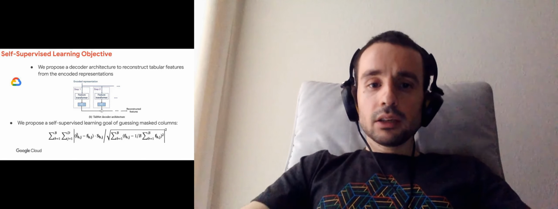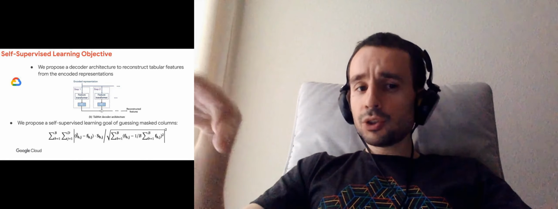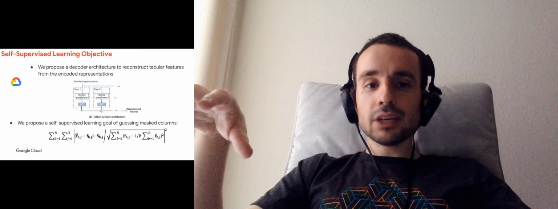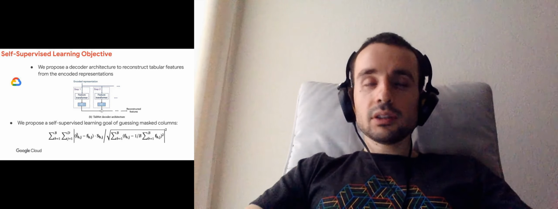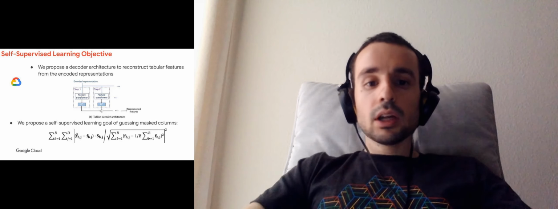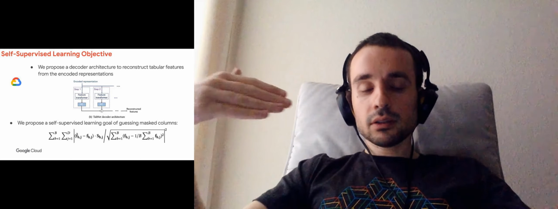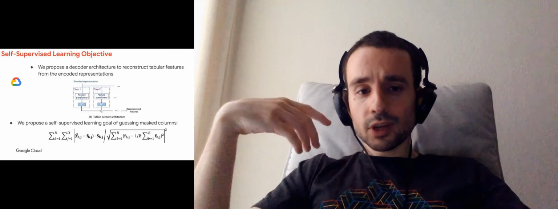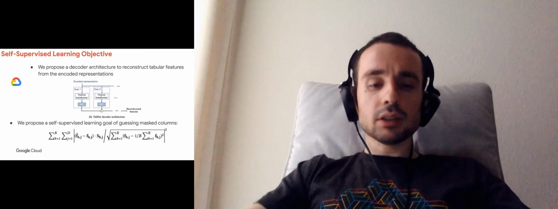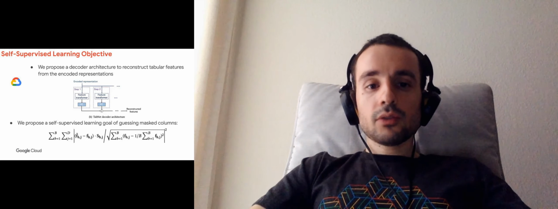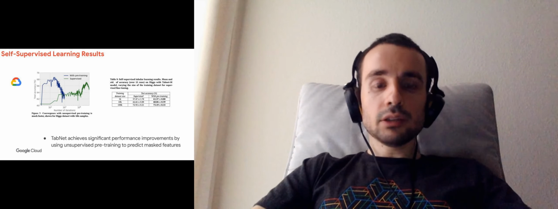Then we obtain the overall TabNet architecture. And here the TabNet decoder architecture is shown. It is simply composed of feature transformers followed by linear aggregation. And again, this is a multi-decision step architecture similar to the motivations for the TabNet encoder. And the exact form of the self-supervised learning task is formulated here. It is defined as a regression loss function between the predicted and the ground truth column values for different samples. And masking here is done randomly at each iteration.